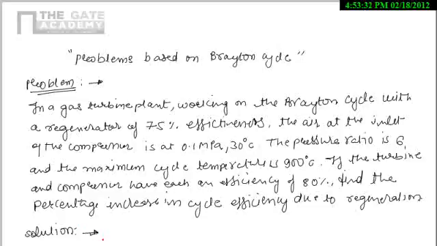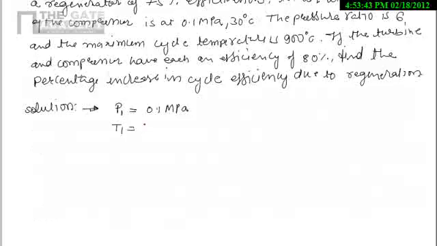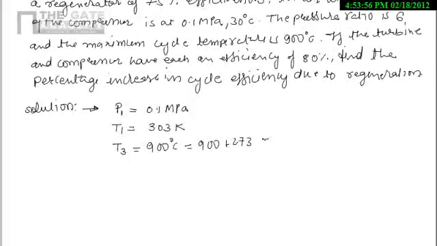First of all, I will write the given data. P1, the pressure at the inlet of the compressor, is 0.1 megapascal. Temperature at the inlet of the compressor is 303 Kelvin, that is 30 degrees centigrade. Maximum temperature is 900 degrees centigrade; if we add 273, we get 1173 Kelvin. The pressure ratio is given as 6, and the efficiency of turbine and compressor is 80%,